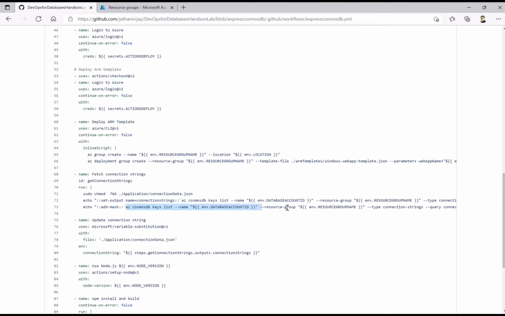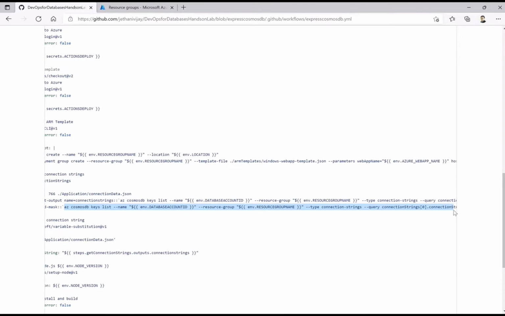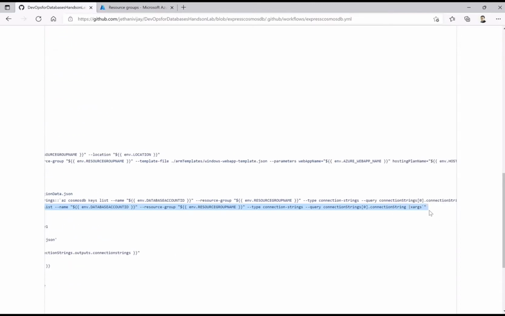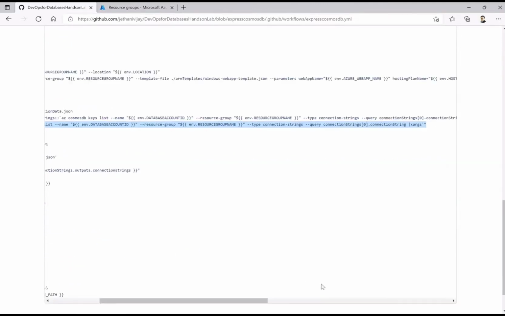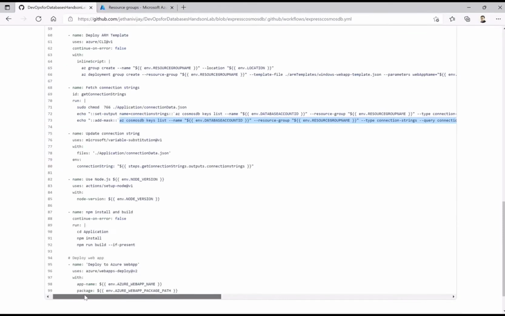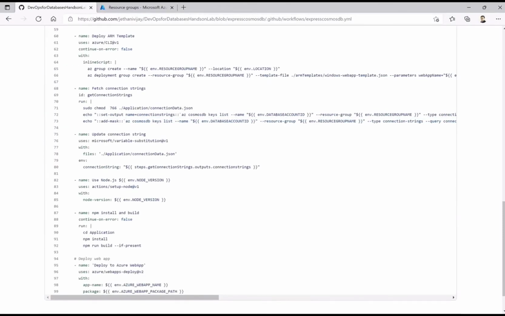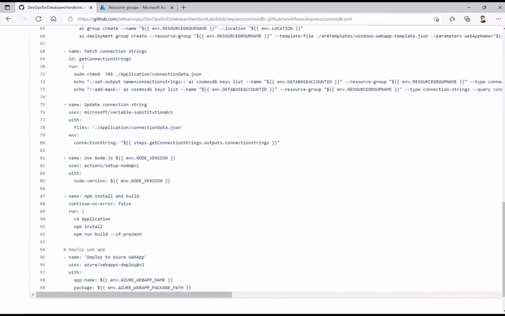If you see this command line, it is doing nothing but fetching the connection string. Then this connection string is stored in a variable which I am substituting with the help of the already built action, that is variable substitution, in this particular file.